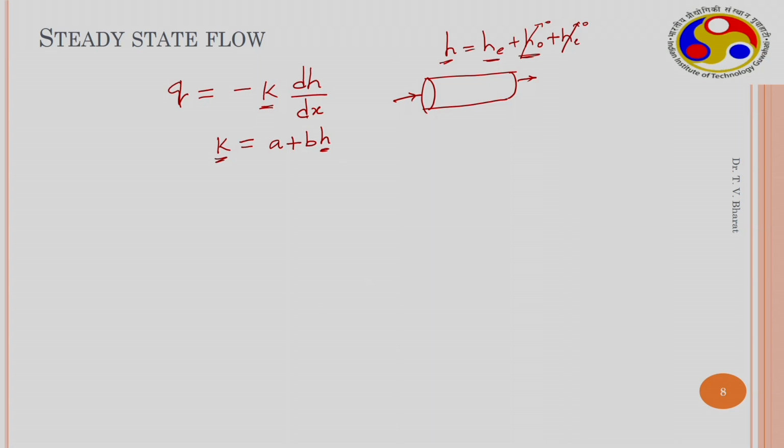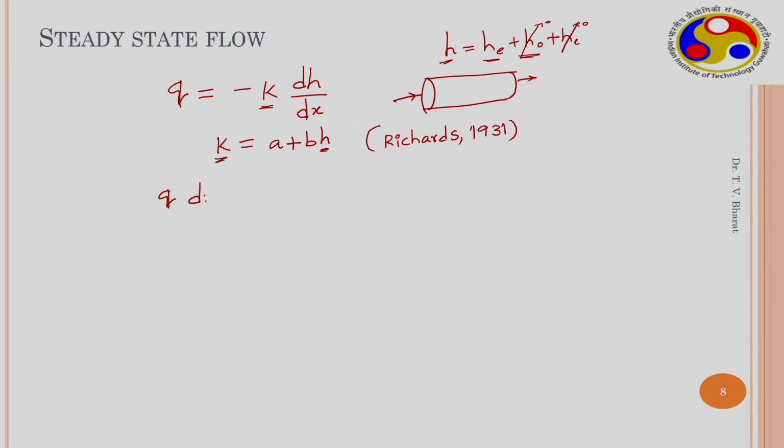This is given by Richards in 1931. So this is a simple empirical relationship that can be utilized for understanding how the head varies with space in steady state horizontal unsaturated flows. So when you substitute, you get Q